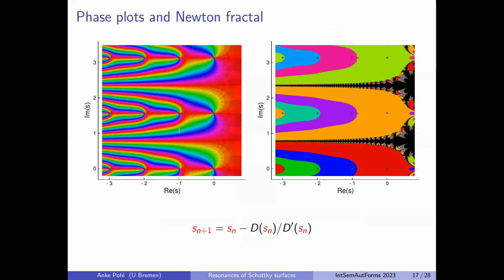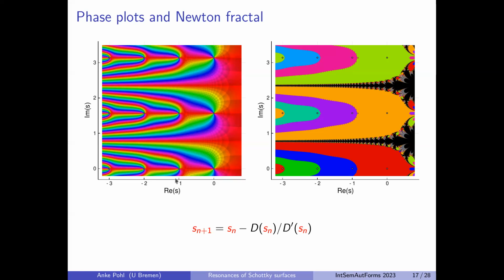So here it is again. This is a Schottky surface with one generator, just because drawing pictures is much easier. This is the formula which you evaluate in Newton's method. You start at some point s_0, which you try to choose in a nice way. Then you try to find if there is a zero by essentially calculating differential quotients, and try to approximate more and more, going more and more in the direction of a zero. And as soon as this terminates, if you're stable at a point, you have your zero.